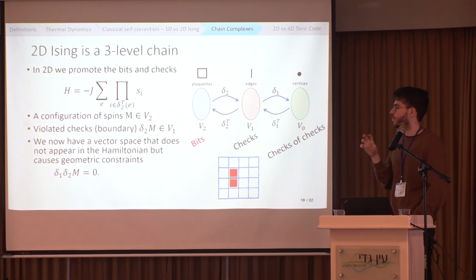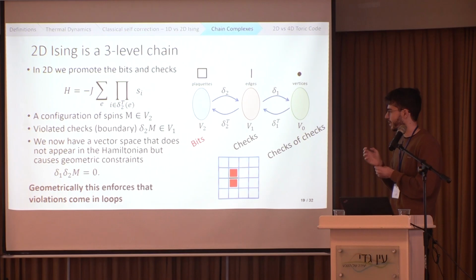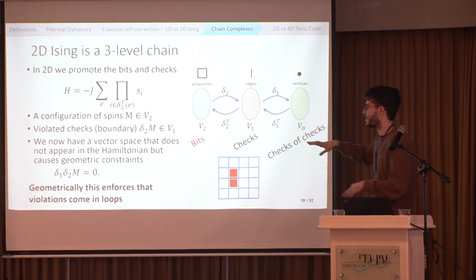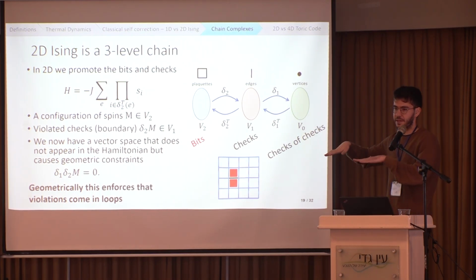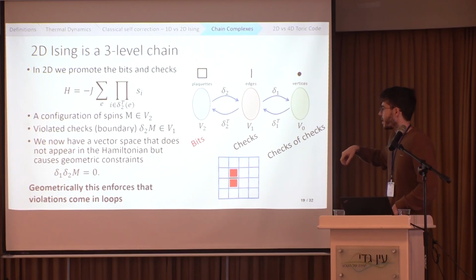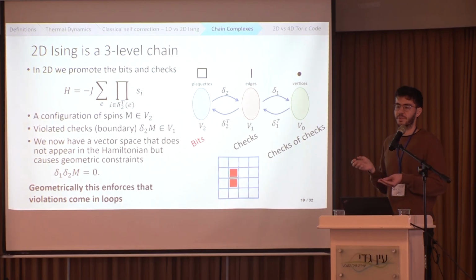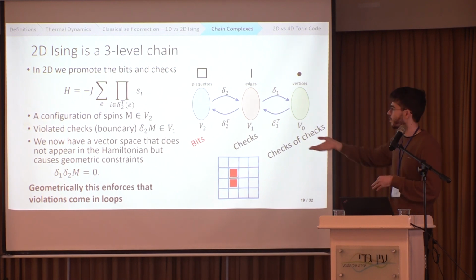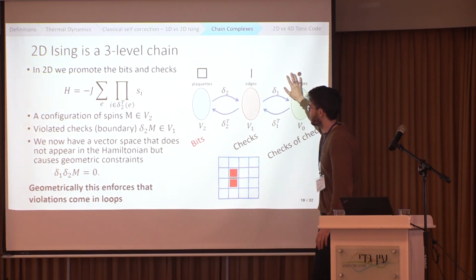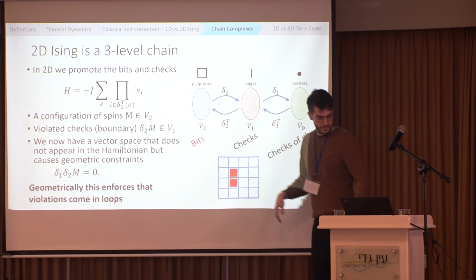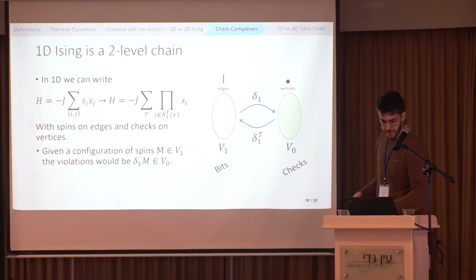This means that for any configuration of violated checks, they are all loops. They have no boundary. When we embed this on Euclidean space, any violated configuration will always come as a loop, while in the 1D Ising case, when we had only a 2-chain, we had